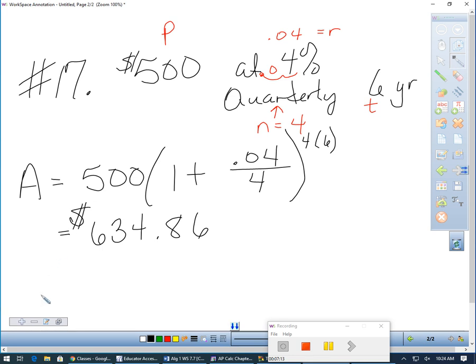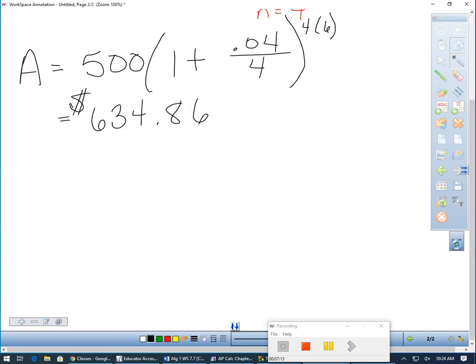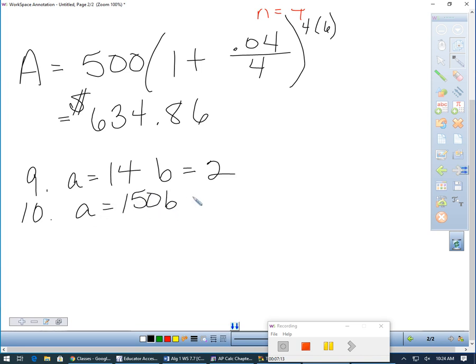All right. Any other questions before I go over the right answers? So again, the right answers without some kind of work. I mean, obviously A and B are one thing, but I got to have something there for me. So here we go with number 9. You should have A equals 14 and B equals 2. Number 10. A equals 150 and B equals